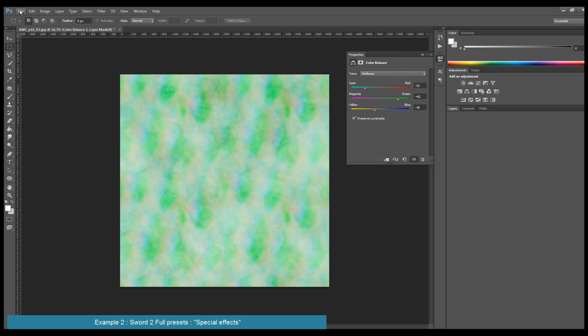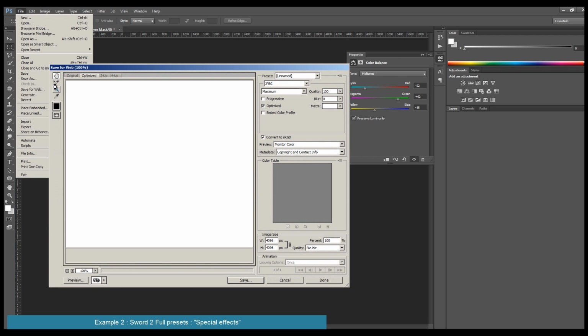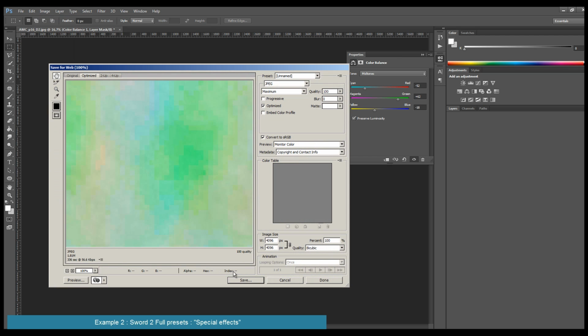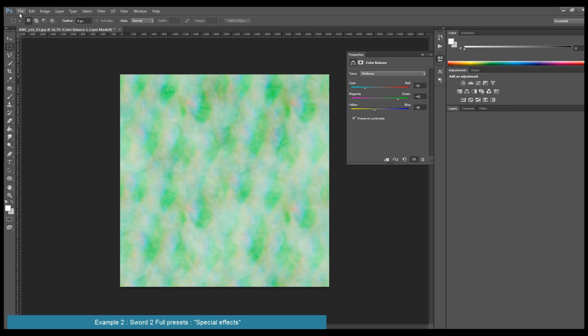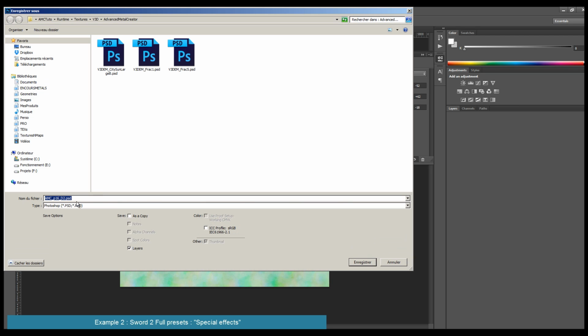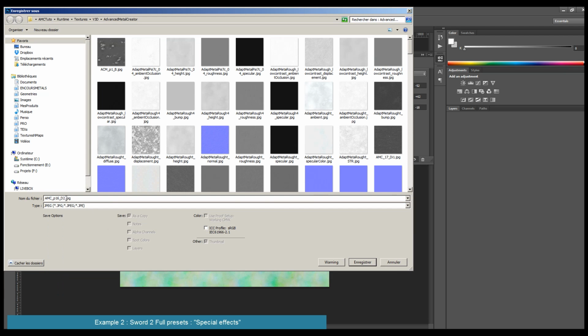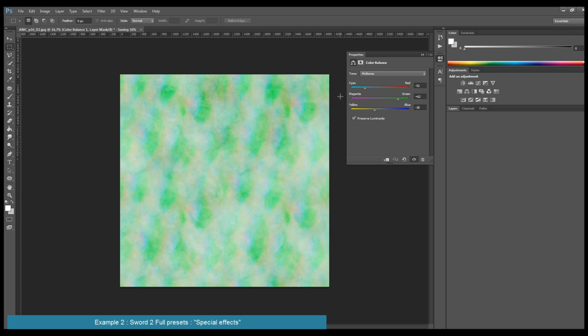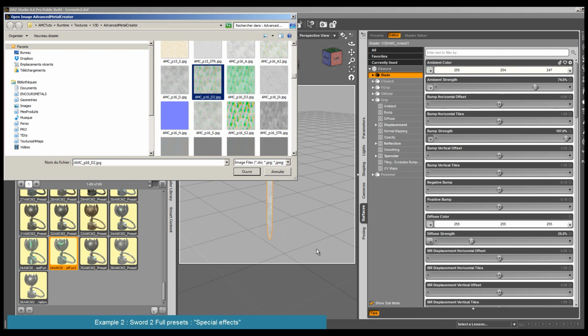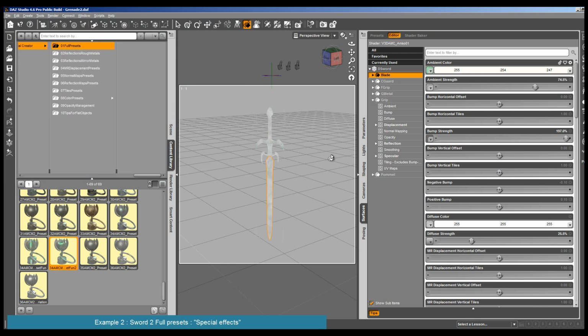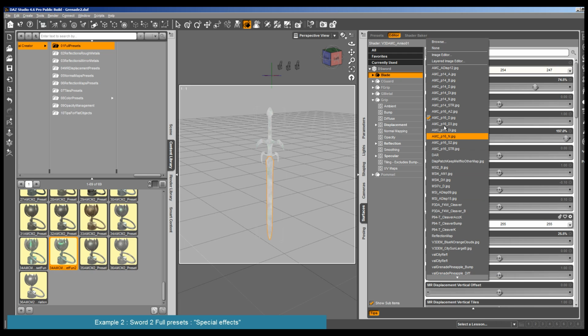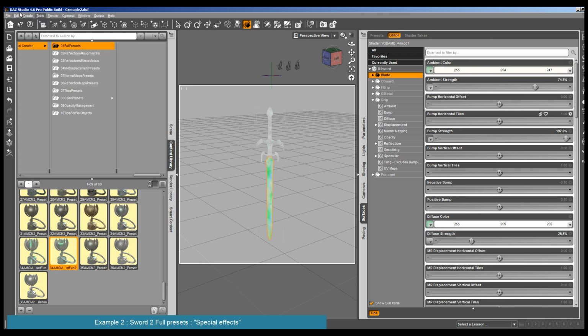Okay. File and save for web. I don't know where I'm going to be. I'm just going to save as, and save as JPG. Let's call it D3, for diffuse 3. And come back there and load D3 as the basic color, and do the same for the diffuse D3, and